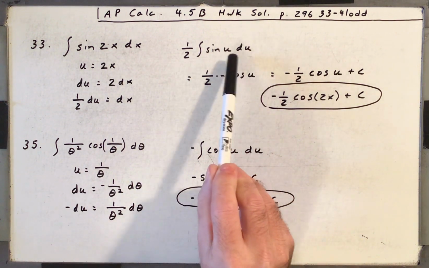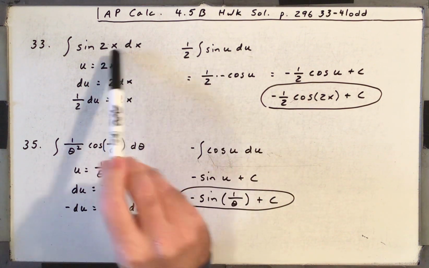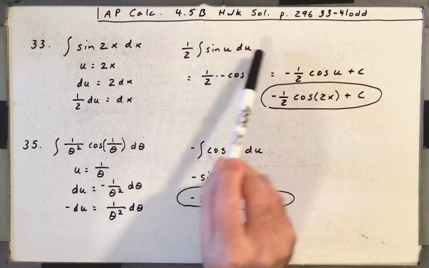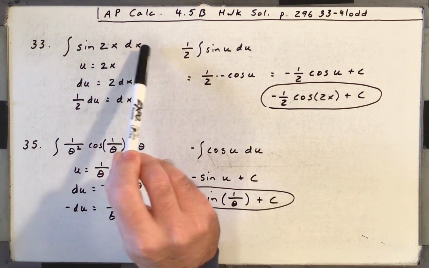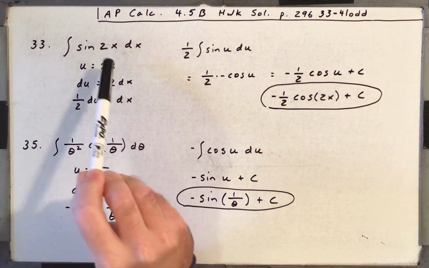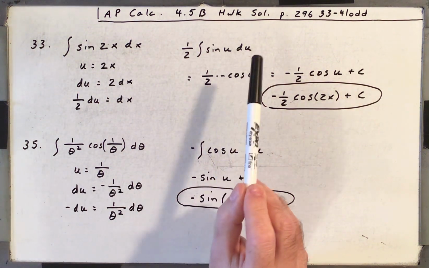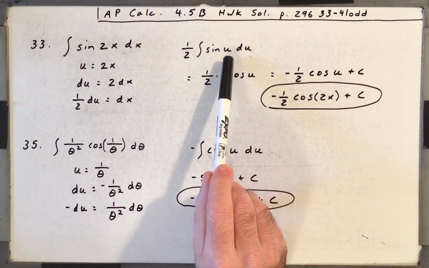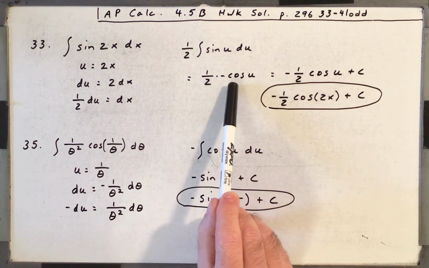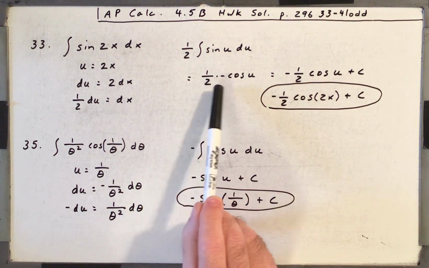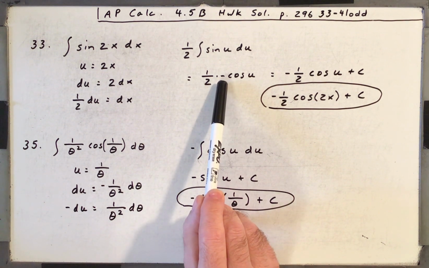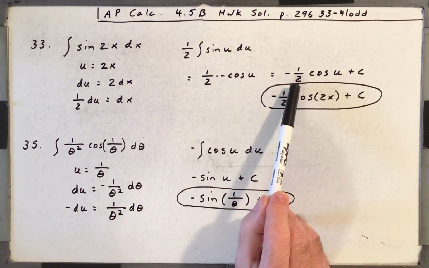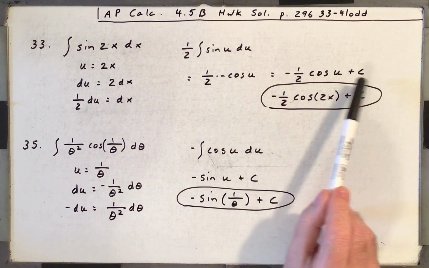So you know that u is 2x and 1/2 du is dx, and so this is the exact same thing in terms of u. Just if you're not sure you did it right, think through it, write it out. And now that's easy to integrate. The antiderivative of sine is negative cosine. Now I brought the 1/2 down. I put a times there so I don't accidentally make it minus cosine. But okay, so that's going to be minus 1/2 cosine u plus c,